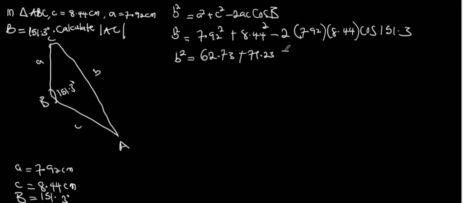cos 151.3, that gives us minus 117.27. Now our B squared is equal to 62.73 plus 71.23. Minus times minus is plus, which is 117.27, and that gives us